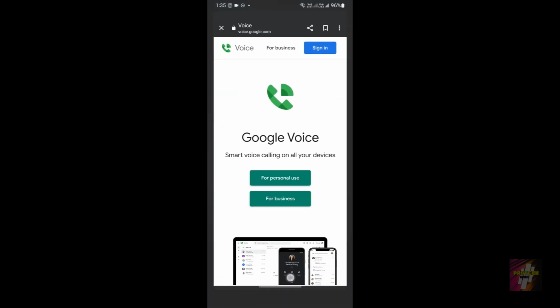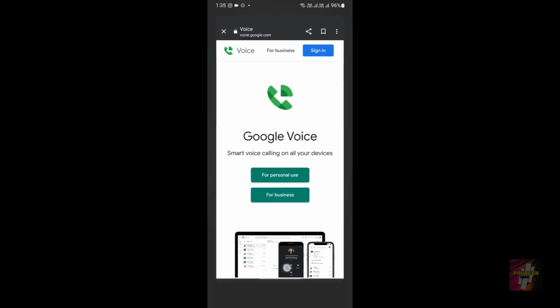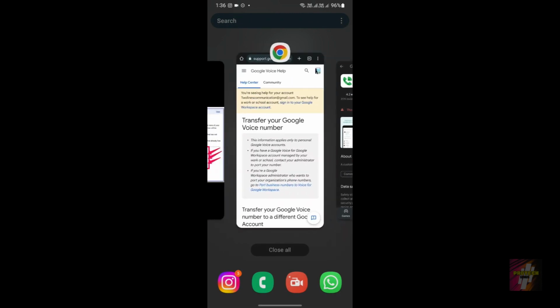So you can just navigate to voice.google.com and sign in. Remember guys, for a Google Voice account you need a Gmail account. I hope 90% of the people here have a Gmail account. If you're using YouTube, you're going to have a Gmail account, so I guess that's not an issue over here.